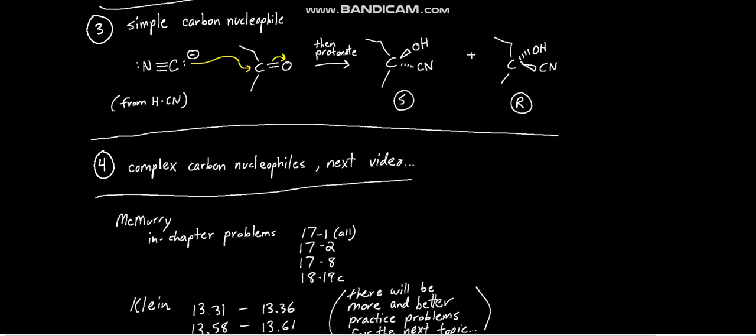We already saw an example of a simple carbon nucleophile, the nitrile group, simply adding in this way, exactly the same mechanism, protonation of the resulting O-, and you get S and R configuration, having added a carbon group. And you can actually do a lot more chemistry with a nitrile group that's been attached on there, because it's a reactive group, a C triple bond N group. So the next subject is going to be